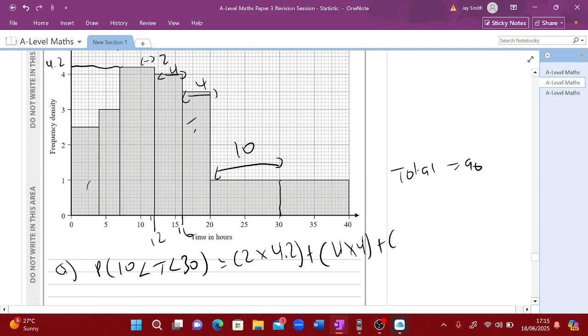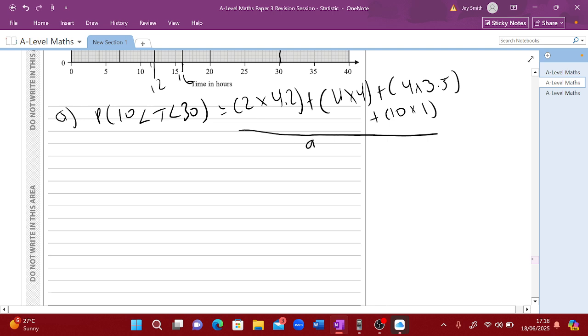And then the next one here is going to be a width of 4 and a height of 3.5. And then we're also going to have this final bar here with a width of 10 and a height of 1. And that's all going to be out of a proportion of 96. And then if we put that in the calculator, we should get the probability is